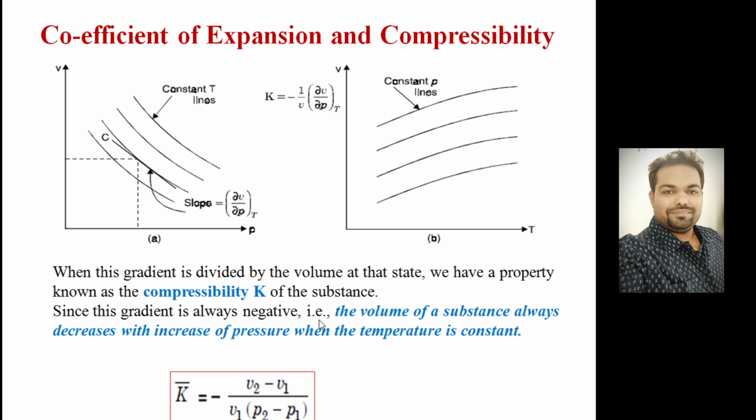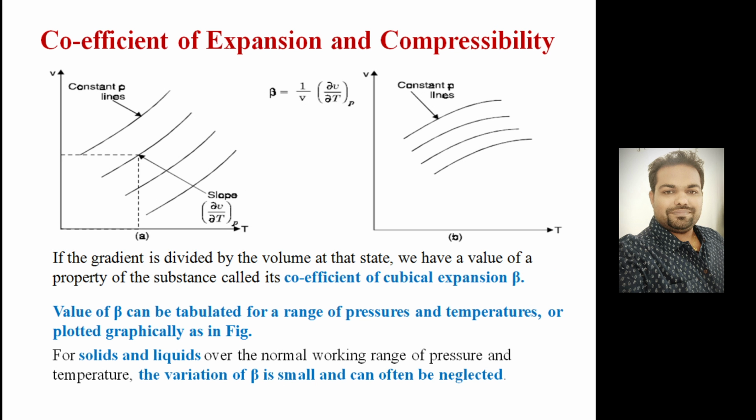So these two terms are very important with regard to finding out the difference between gas and liquid. Whenever I talk about bulk modulus, it is basically defined for liquid, and it is also applicable to gas. In the gas case, compressibility is very high compared to the liquid. Liquids are less compressible compared to gases. Gases are highly compressible. So these are the two coefficients, the coefficient of expansivity,